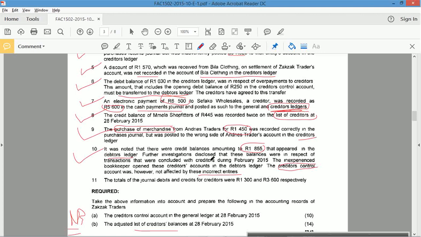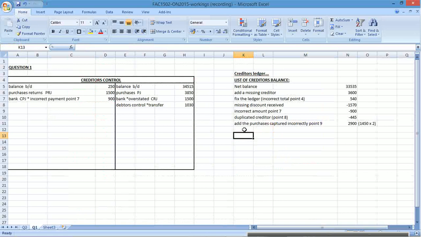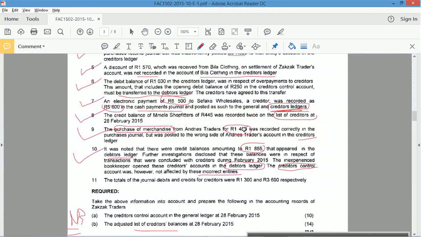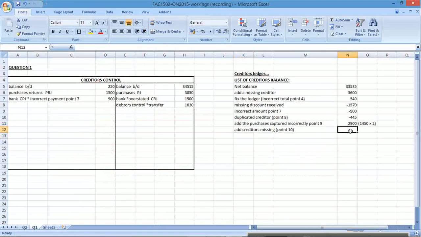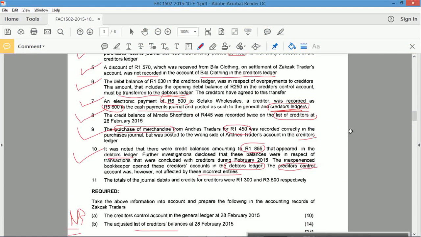Right, so here we've got a debtor with a credit balance. The inexperienced bookkeeper opened these creditors' accounts in the debtor's ledger. See, that's wrong. Okay, so you'd remove them from the debtor's ledger and you would add them to the creditor's ledger. Point 10. 1855. Okay, and then the last one was the totals of the journal debits and credits for creditors were 1.3